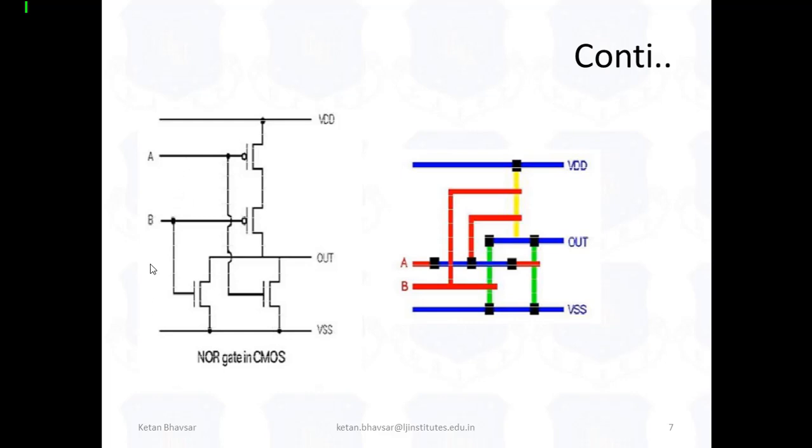It's A and B. Now, with a similar pattern, if you want to design the stick diagram, it will look like this. As you can see, for the connections of VCC and ground, VSS, we are taking the metallic connections. For the connections, we are taking red as polysilicon which provides the conductivity. Black generally shows the contact cuts. Green also shows the metals, and yellow shows the implant for the PMOS channel. So the actual design looks like this when we're talking about a practical scenario and an actual CMOS design.